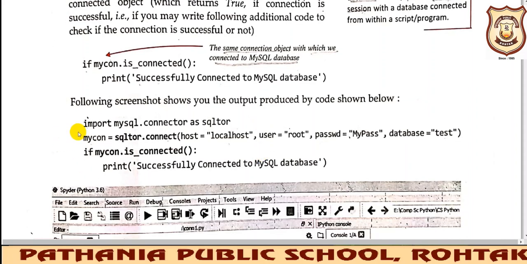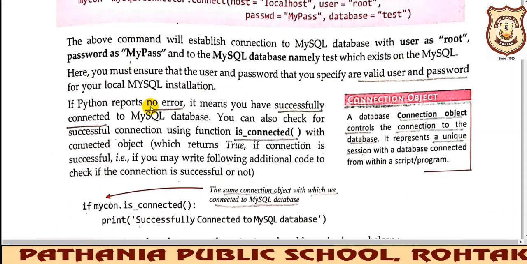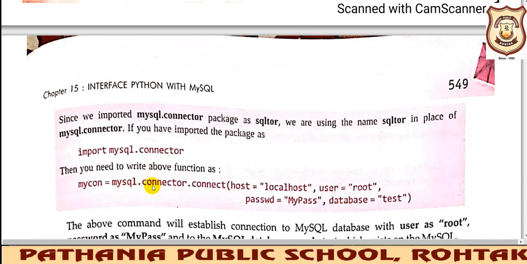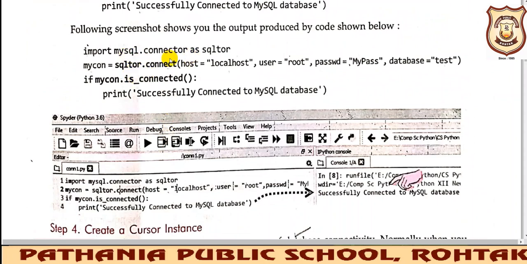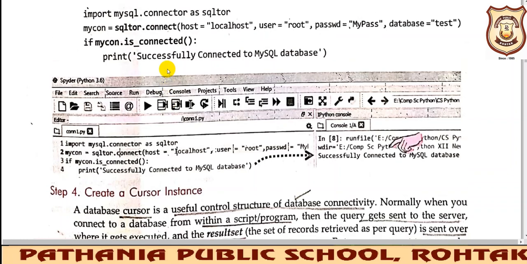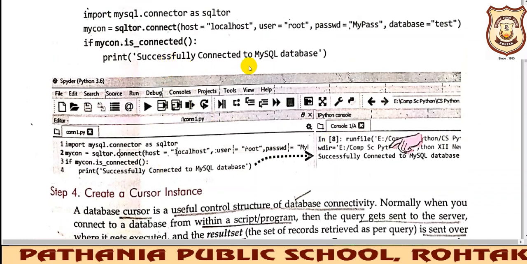So till now we have covered this part only, and this part says that firstly we need to create a connection with the library. See here what he has done. He has used an alias. Instead of mysql.connector, he is using sqltor. Now sqltor.connect. Previously he had written mysql.connector.connect. Now he has renamed mysql.connector as sqltor, and now he is writing sqltor.connect. I hope it is clear. Fine. So if that particular connection is okay, then the connectivity has been done.